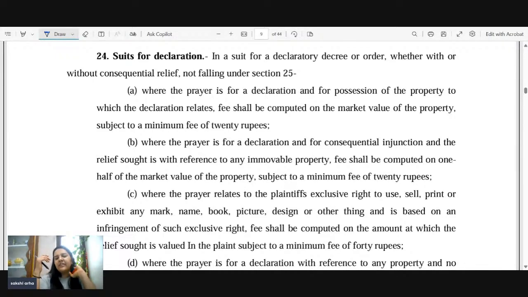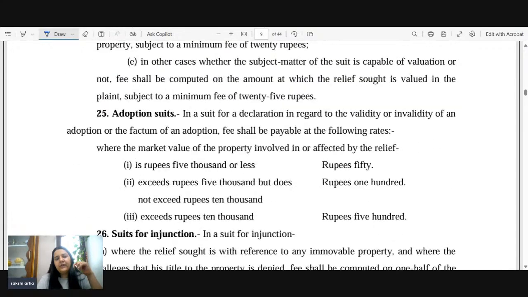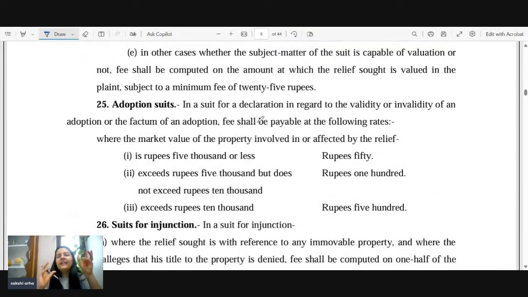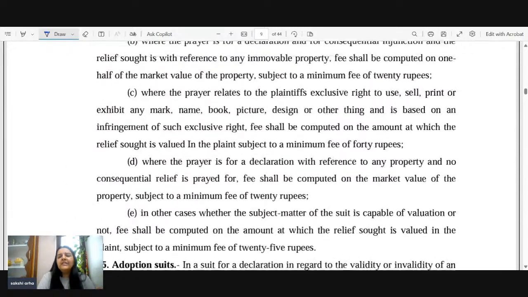That is called a declaratory decree. The court makes a declaration that this property belongs to this person. So it says, in a suit for declaratory decree or order, whether with or without consequential relief not falling under section 25. So if it's a suit for declaratory decree which is not falling under section 25, 25 is adoption suits. This declaration is not for adoption, that this person is my son, okay, this person is my daughter. If you are not getting a declaration of adoption, okay, it's a declaration with regard to